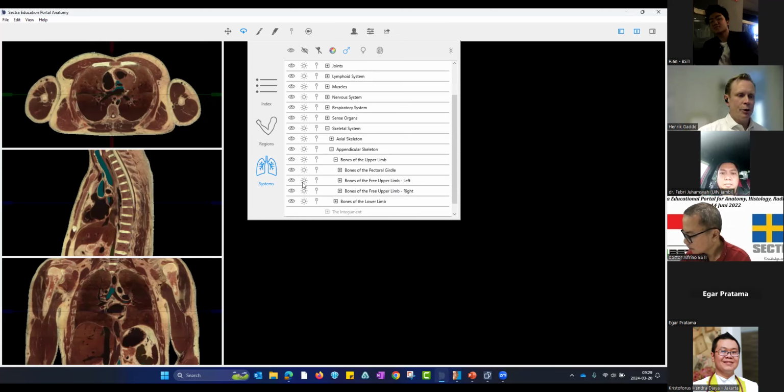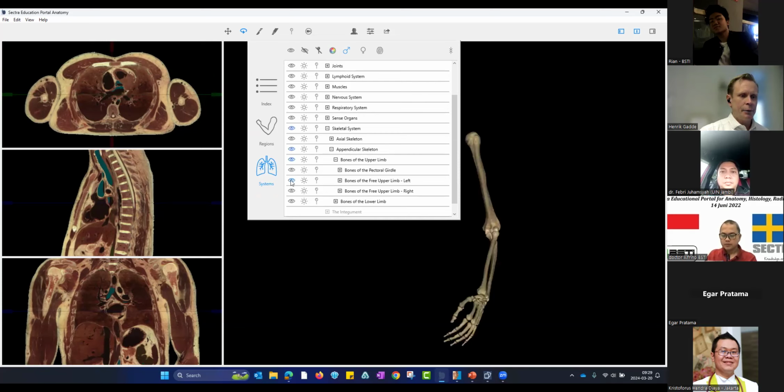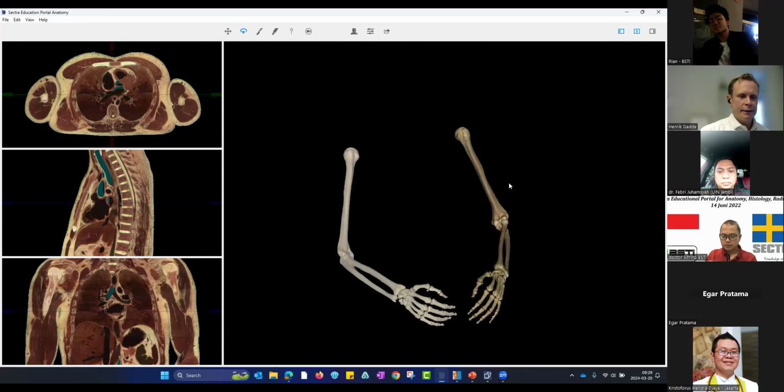And here I will show you the difference between the eye and the sun here. Because when we add structures with the eye, we will add it in its natural color as it is presented here in the cross sections. So for the left side, I will click on the eye and we will have the skeleton added. And for the right side, I will click on the sun and instead the structures will be highlighted like this. So now we have added the skeletal part